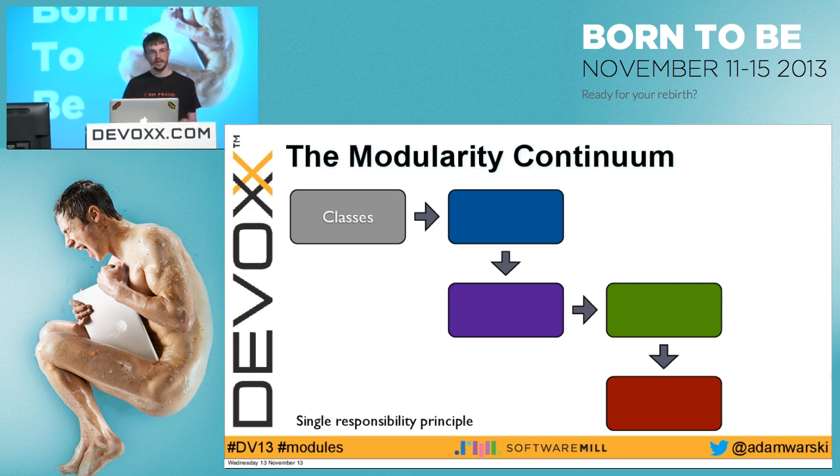As an example, I'm going to use a banking system. For example, we can have a class which adds money to an account. We can have another class which withdraws money from an account, and so on. If we have a bunch of such classes, they could form a package. They could be modules in a package, right? So the second stage would be packages.